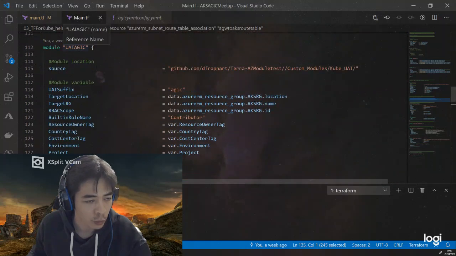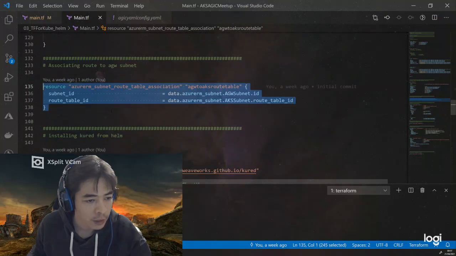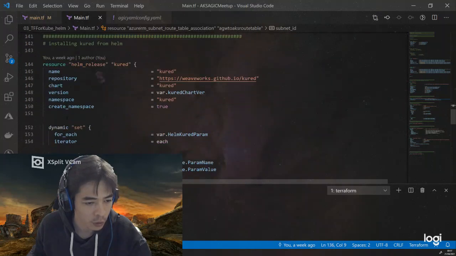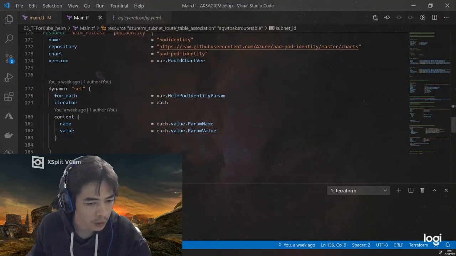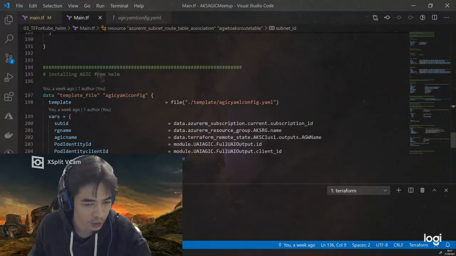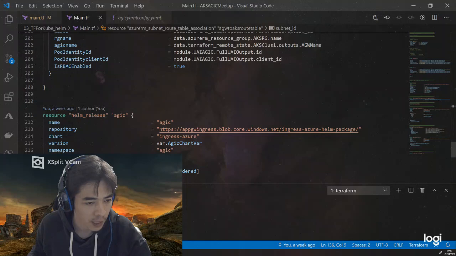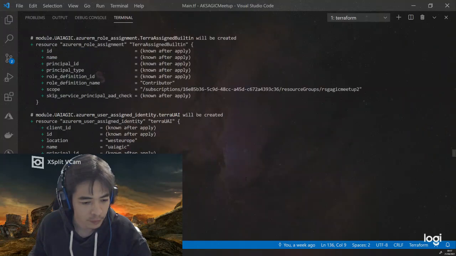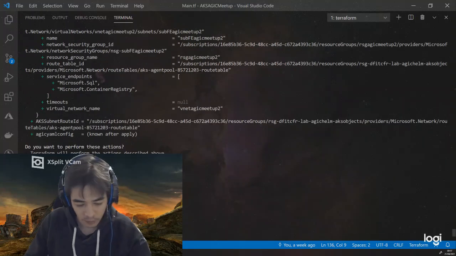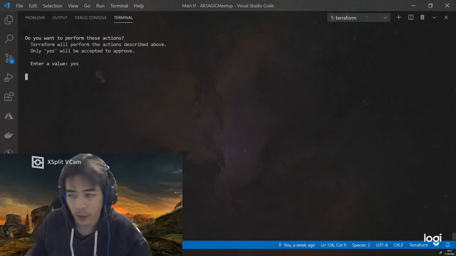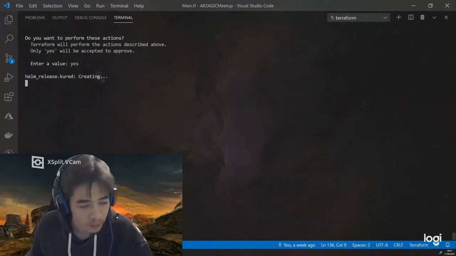I'm creating the user assigned identity, then I'm creating the association, as I mentioned, and then I'm using, well, this one, I don't need to show you this one, and I'm deploying pod identity and AGIC through Helm release. Okay, so it seems that I'm ready. It should not take that much time.